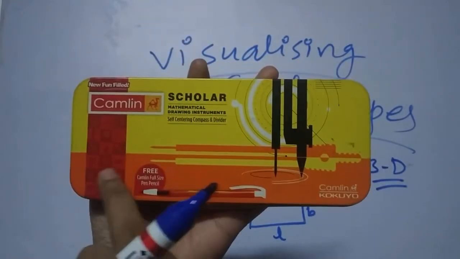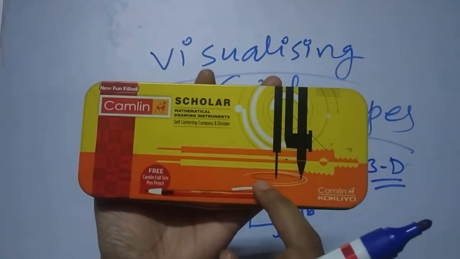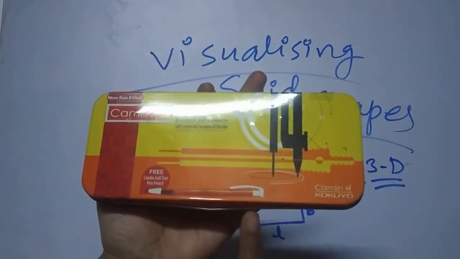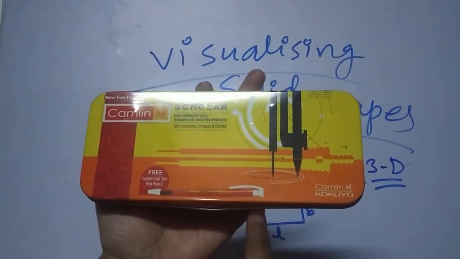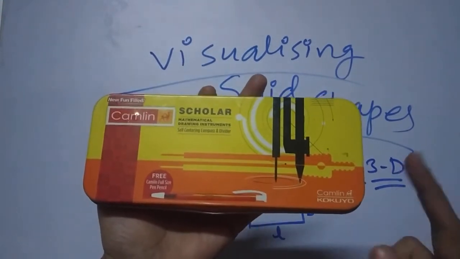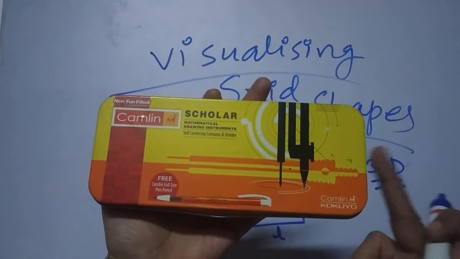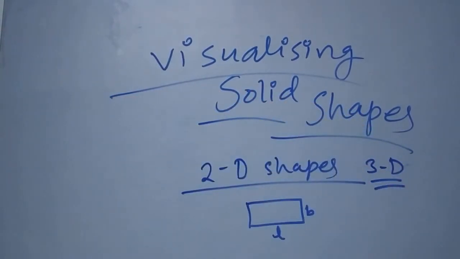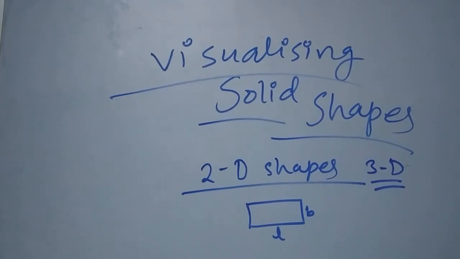And if you see from its top surface, its top view is different. Where I'm keeping a finger, that is its top view. Suppose I'm standing here and this is my location from where I'm seeing, so this is its front view, and here I'm seeing its side view. Okay, so anything that occupies space and has three dimensions like length, breadth and height, you can call them a solid or a three-dimensional shape.